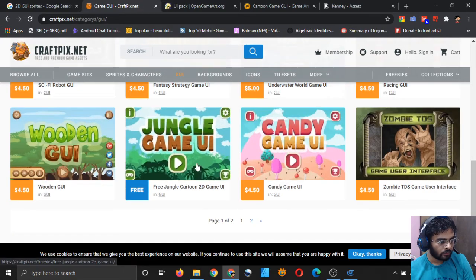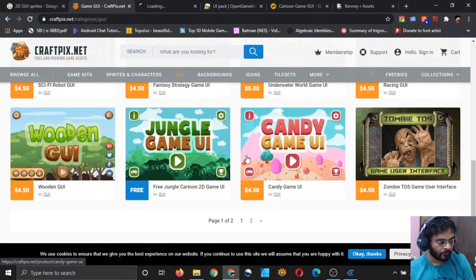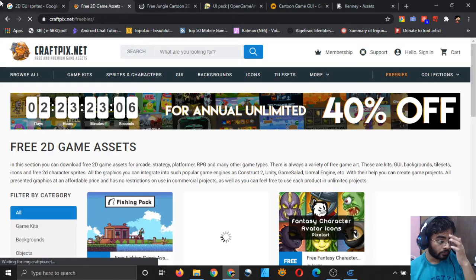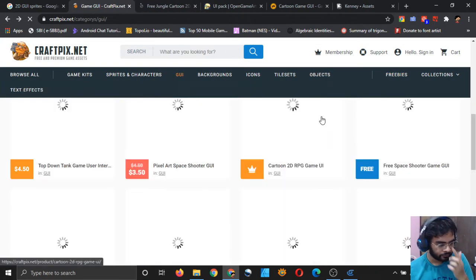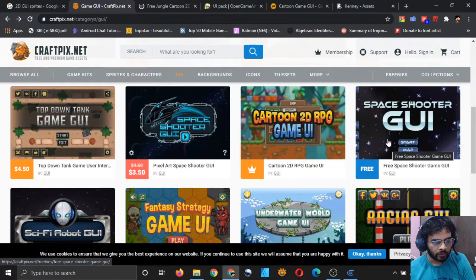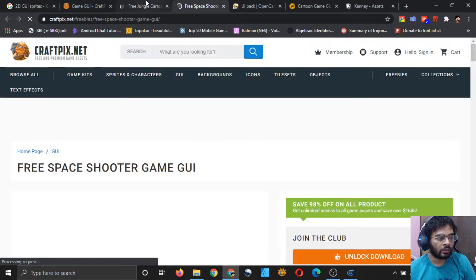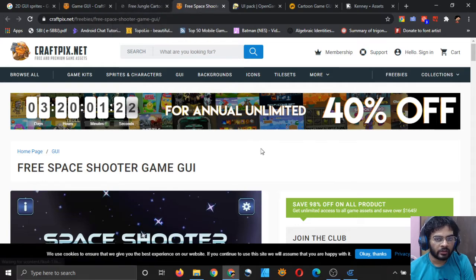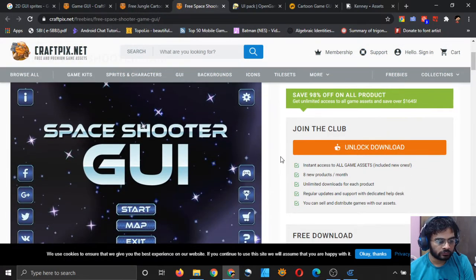There it is, one of them is free. Oh, I have another one. Wait, this one. So I will show you one example of how you can replace your placeholder assets with a purchased asset.